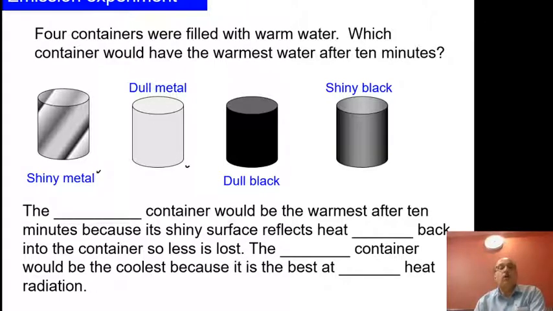The warm water is filled in them at the same time. Now if we discuss the temperature of the water after 10 minutes, the container having shiny metal would be the warmest after 10 minutes